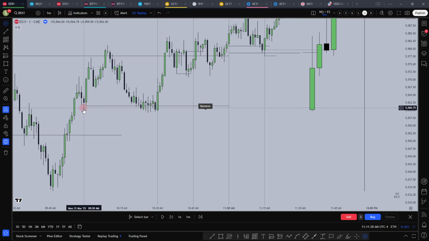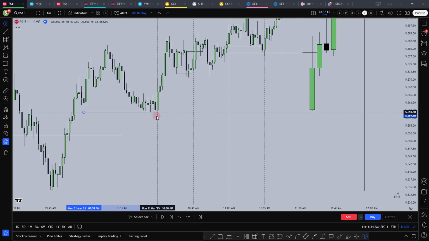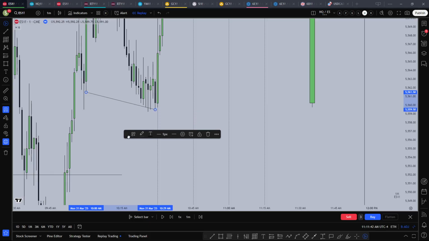Why is this low marked and not this? This is the current low of the H4 candle, 10 minutes. You could have used this. Yes, totally valid, and price did sweep this, but I was trying to show an established low forming below the current low of the candle.